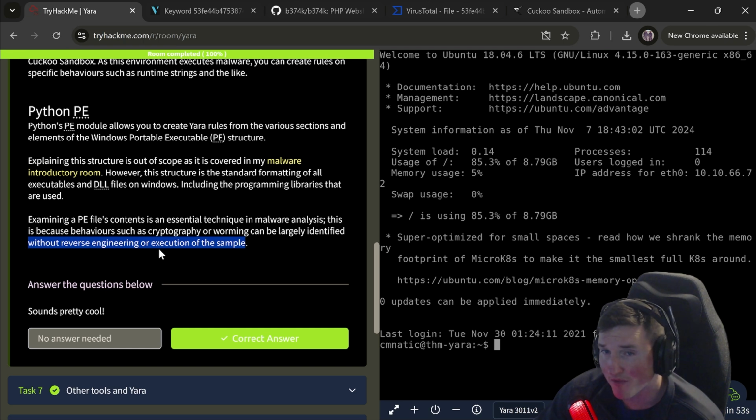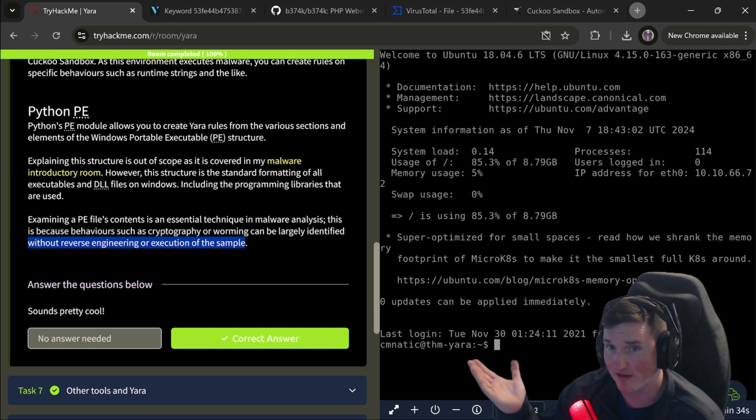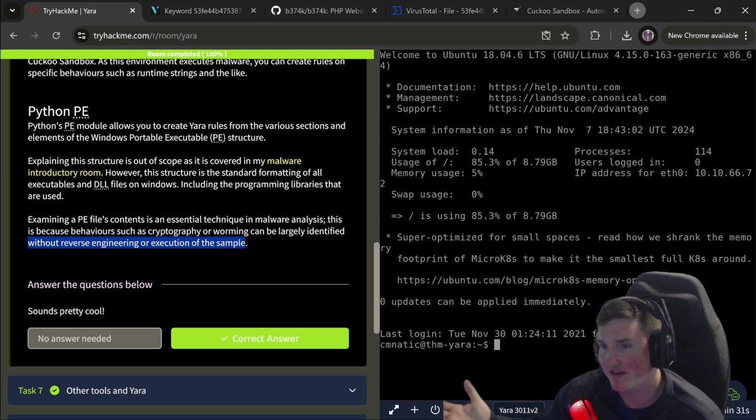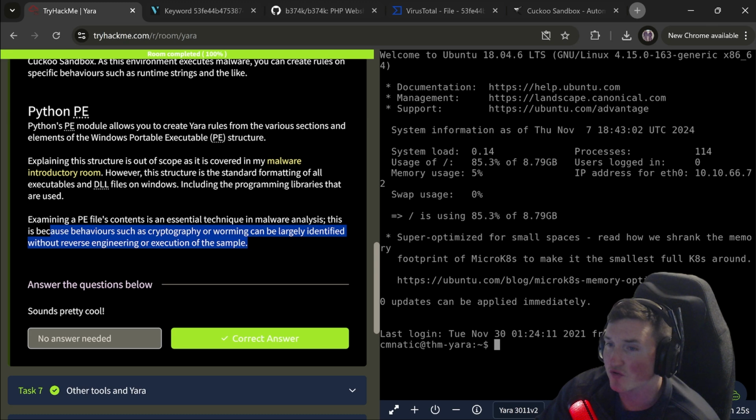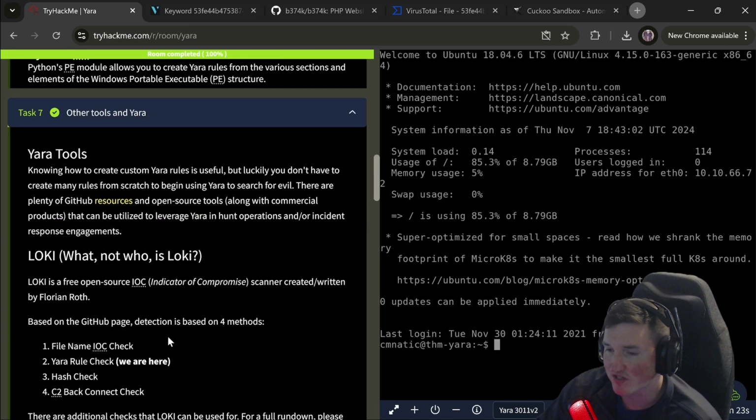The struggle people have is a lot of malware analysis nowadays. It used to be you could run it in a sandbox and you'd probably detect it, right? You can't do that nowadays very easily because a lot of malware has sandbox detection, because there's certain things that sandboxes do specifically that you can detect on. So you can have malware that just will sit in a sandbox and won't do anything, won't trigger anything. And then as soon as it gets on a real machine, it starts popping, right? So you want to be able to detect it without necessarily executing.